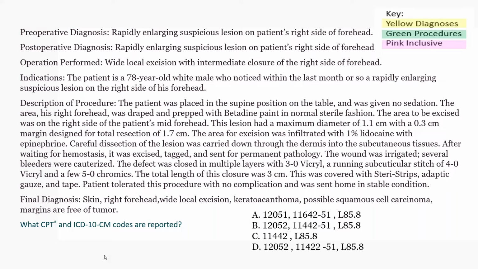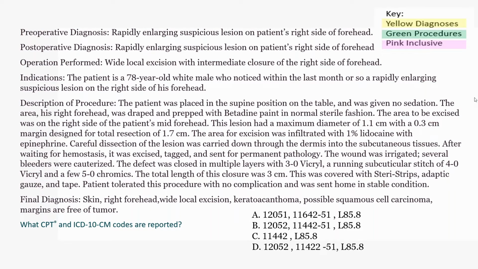Careful dissection of the lesion was carried down through the dermis into the subcutaneous tissues. After waiting for hemostasis, it was excised, tagged, and irrigated. Several bleeders were cauterized. The defect was closed in multiple layers with 3-0 Vicryl, 3-0 Vicryl, a running